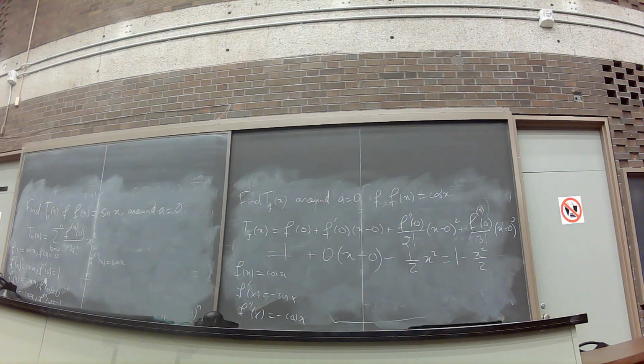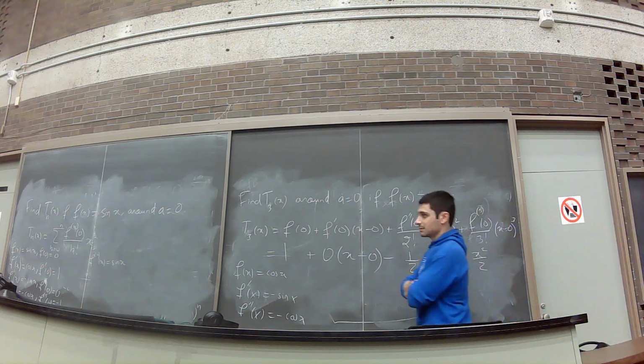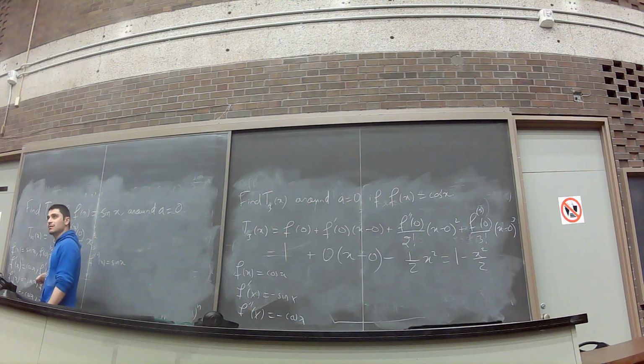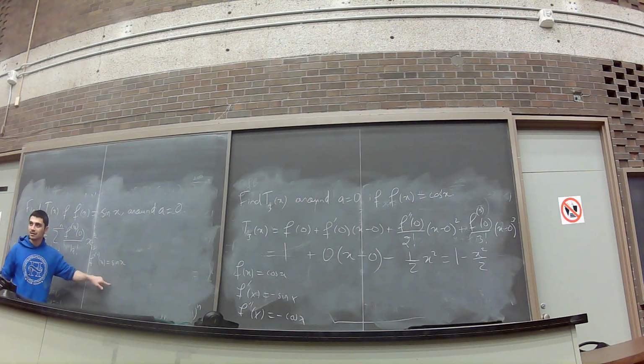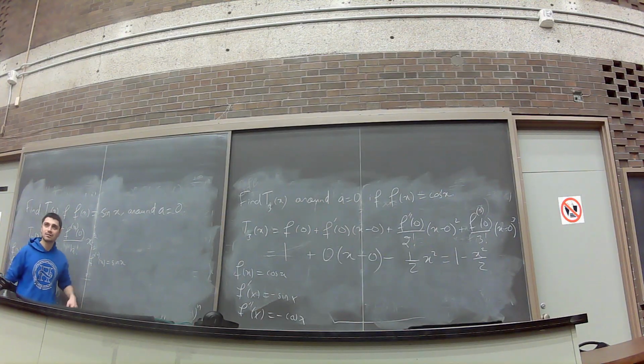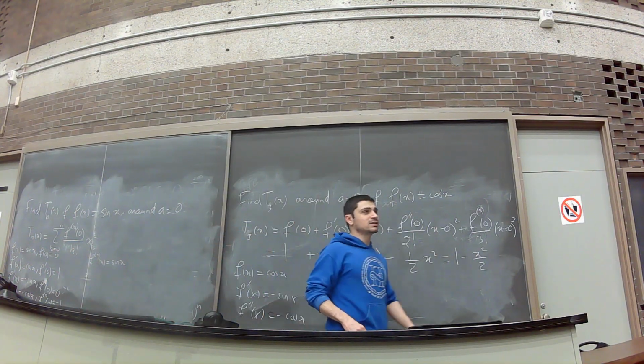What happens now? I have a cycle, right? So what's the eighth derivative of sine x? Sine x. What's the sixth derivative of sine x? What is it? Minus sine x, right? Okay? Are we good? 4, 5, 6. Right? 7, 8. Okay, so